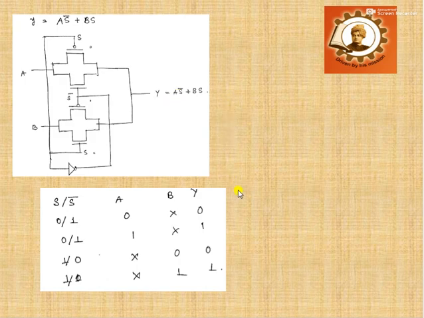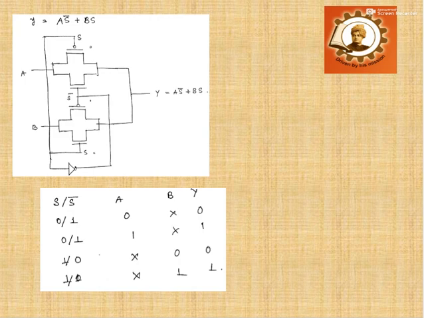If A equal to 1, the upper transmission gate is on, so the output will be equal to 1. Similarly, S equal to 1, S bar 0, means the lower transmission gate will be on and the upper transmission gate will be off. So if you apply the value of B, that will be reflected at this output side. In this way we will get different functions by using a transmission gate, and we get the output value of the 2:1 mux. Here the 2:1 mux is designed by using two transmission gates.